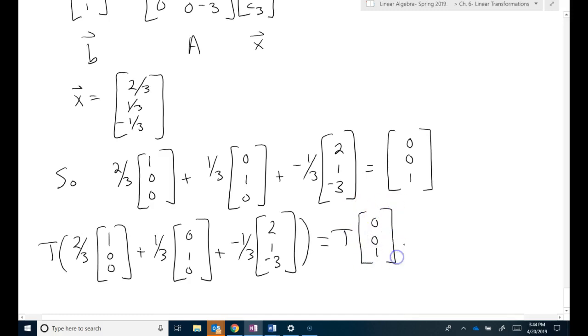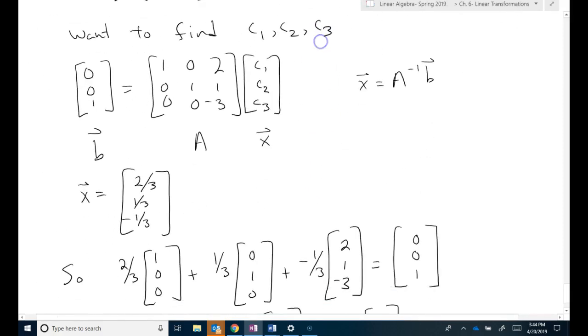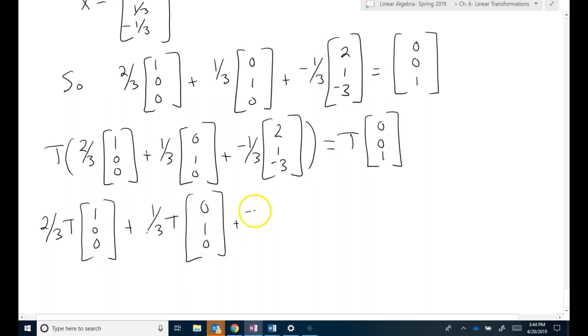And so all I need to do is utilize my rules of transformation. So this is going to be 2/3 T of (1, 0, 0) plus 1/3 T of (0, 1, 0) plus -1/3 T of (2, 1, -3), which will equal then